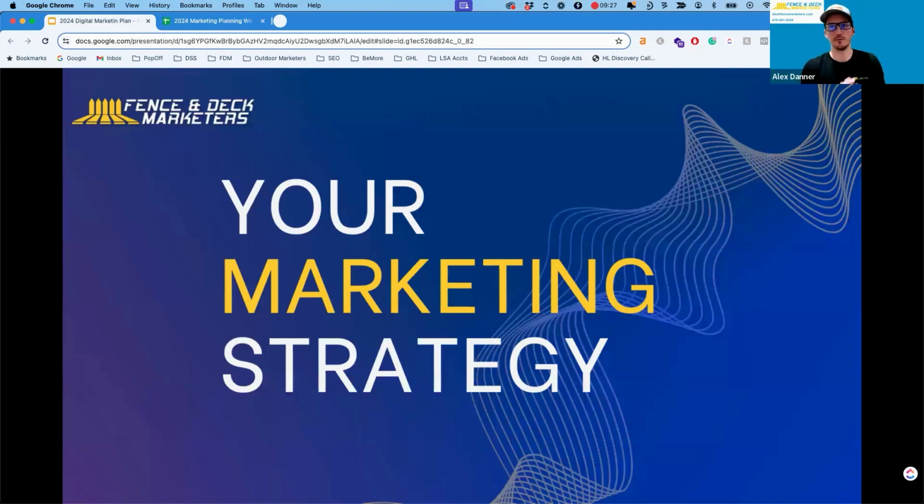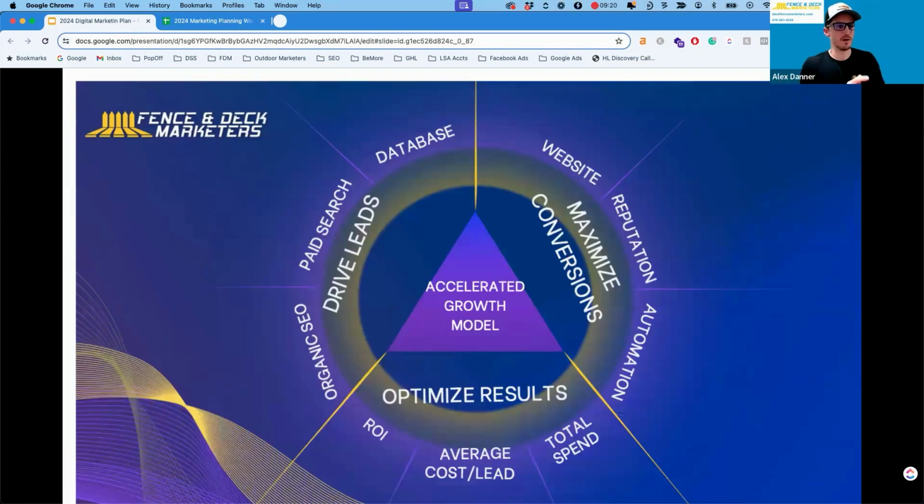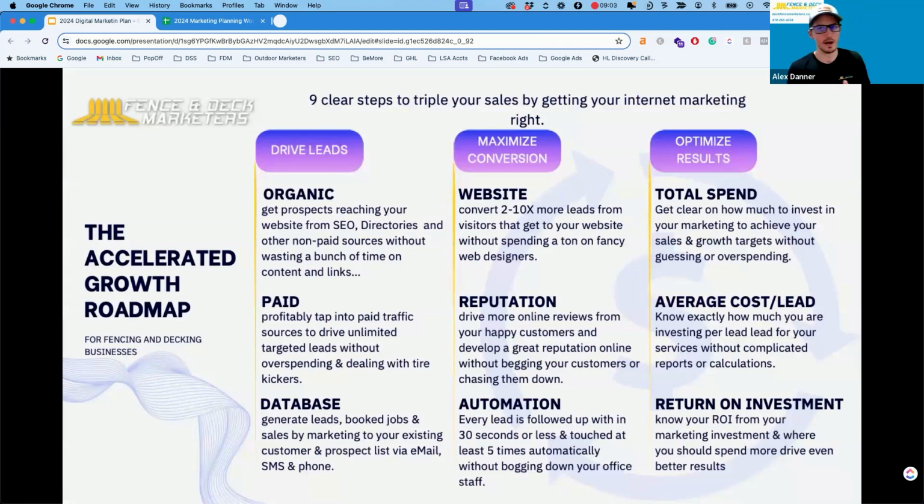Okay. So now let's go into the actual marketing strategies that we can use for this year. So this is our accelerated growth model. I'm going to go into each one of these specifically, but basically the main components of this are, to grow your business, you need to be able to drive leads, you need to maximize the conversion so they actually convert, and then you need to optimize the results. So you're continuously improving. The big things, when you're driving leads, you have organic,